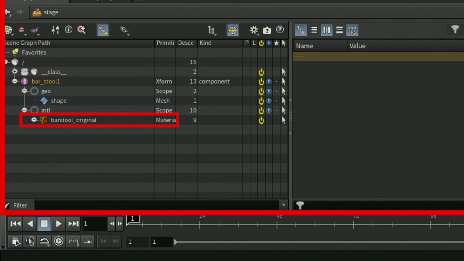And underneath the material node here, you can see that we have a surface shader. It's very important when creating assets that you are aware of how the scene graph tree is composed. Introducing unnecessary primitives or complexity into the scene graph tree will slow down your renderers.